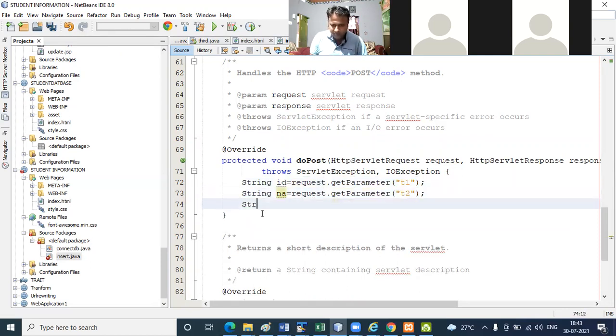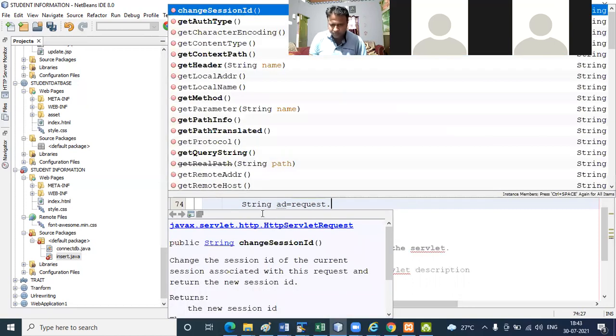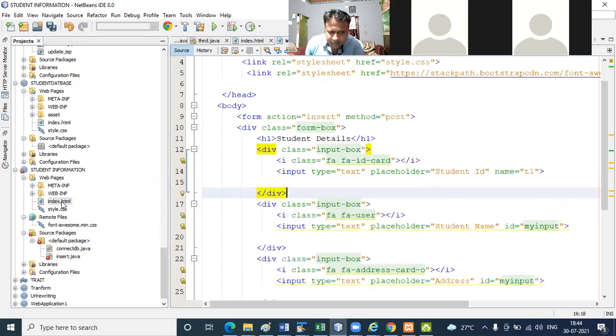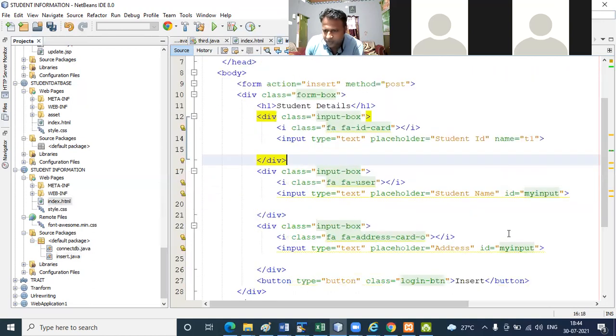Then string address is a variable. Then request dot get parameter, you pass here t3. Okay, so we're not passing any other parameter.